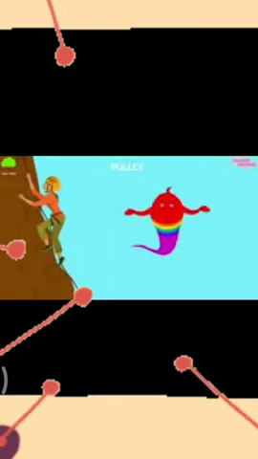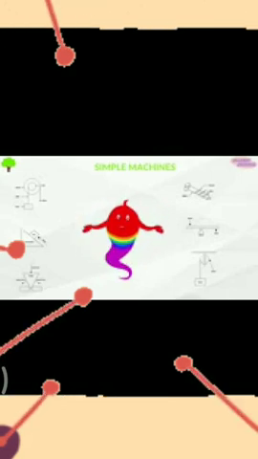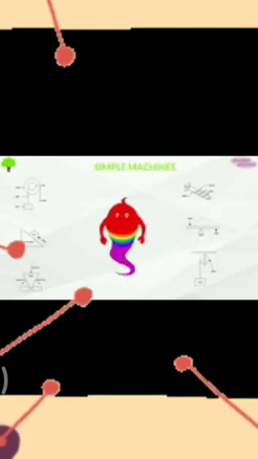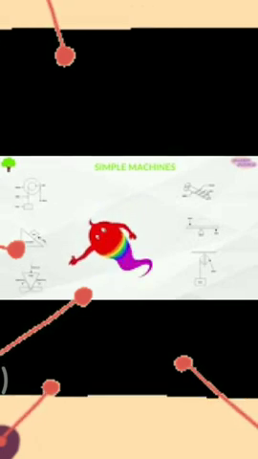With the help of a pulley system, a rock climber can climb a steep surface easily. So, in this animation, we have discussed 6 simple machines: wheel and axle, inclined plane, wedge, screw, lever, and pulley.